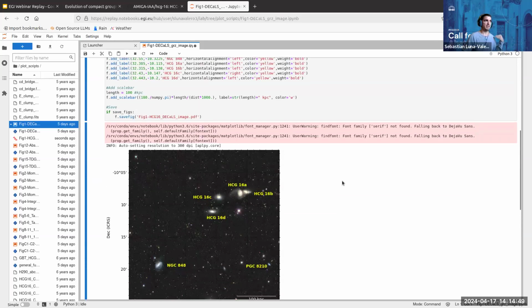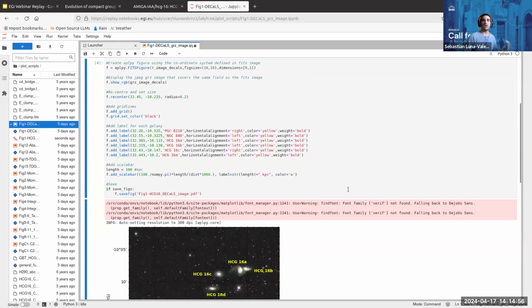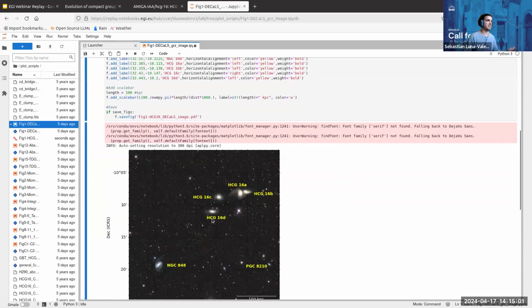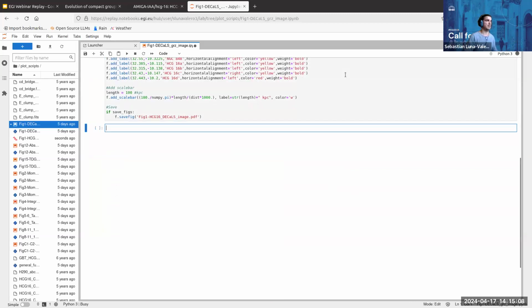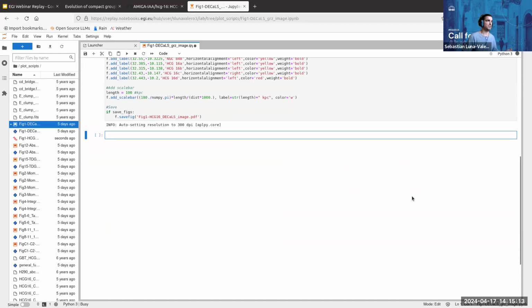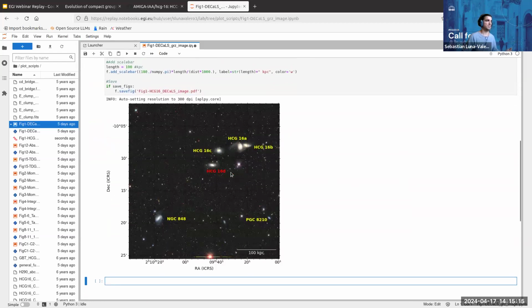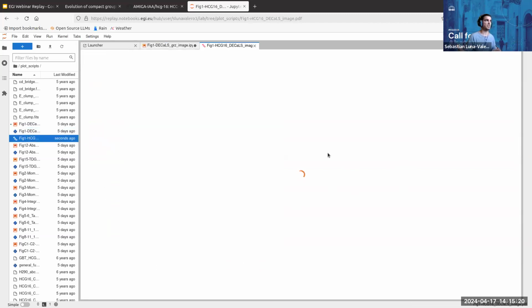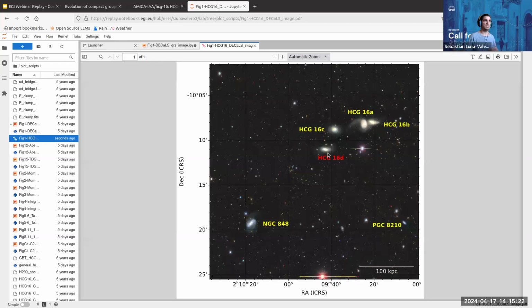Well, so it is pretty cool because you have the code, you can build it from scratch, but not only that, you can see all the steps in detail, you can also play around. And this is just an example of what you can do, but basically say that for Hickson 16D, I want to change the color label from yellow to red. So I just change the color and I rerun the cell, and then you get the same picture, but instead you get this in red color. And then you can also get, for example, the PDF image, and that's what you use then inside your paper,